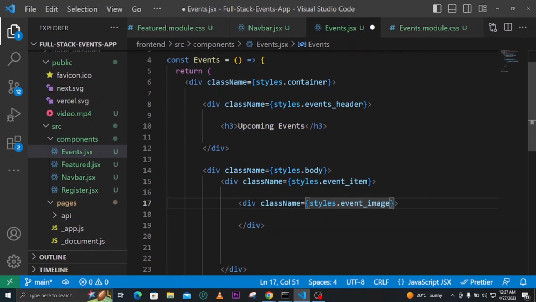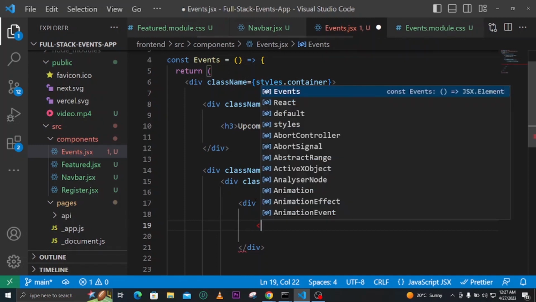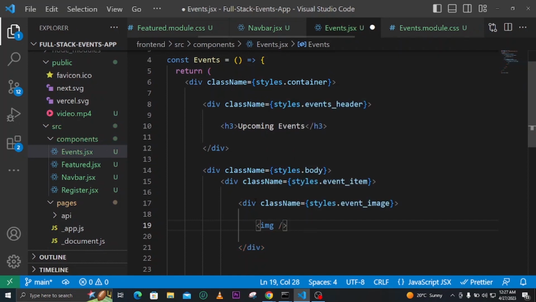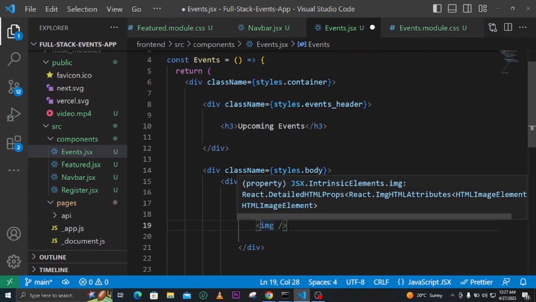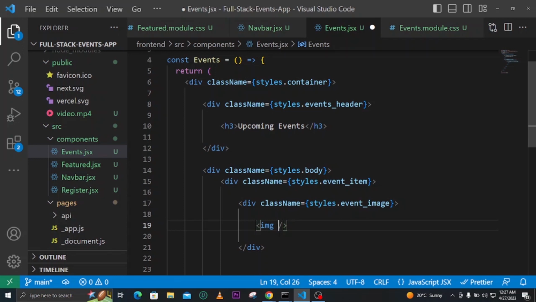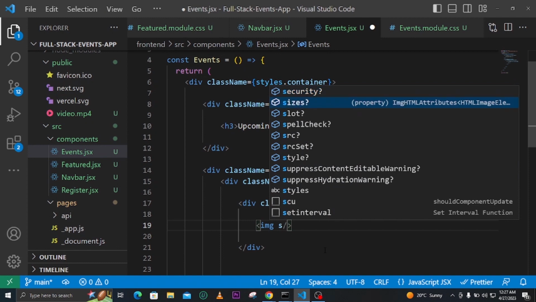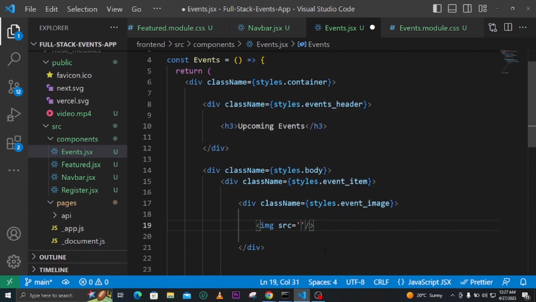So after that now, the other thing that we need to add inside here now is the image. So let me add image here. So I want to add img here, and then I can add also this one here. And you can use either this image here or the default image tag for the HTML, or you can use image from the Next.js. So in here I can say src, see this one here, and here I will be adding